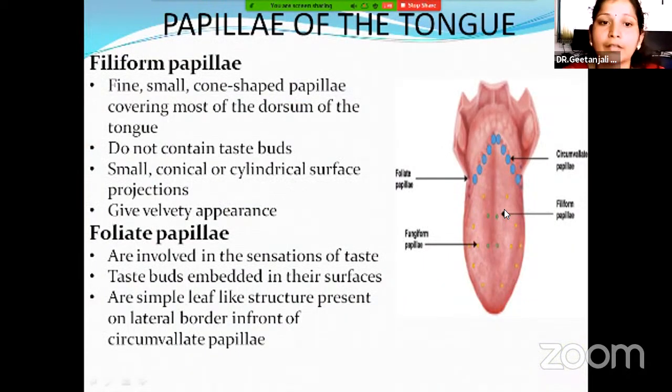filiform papilla. This is also called cone papilla, because they have a cone shape, and the most characteristic feature of filiform papilla is that it gives a velvety appearance to the tongue. Then foliate papilla. The foliate papilla are rudimentary in human beings but are abundantly present in rabbits. Next,